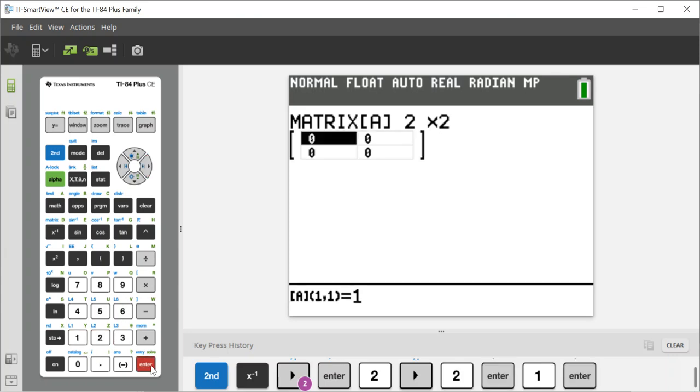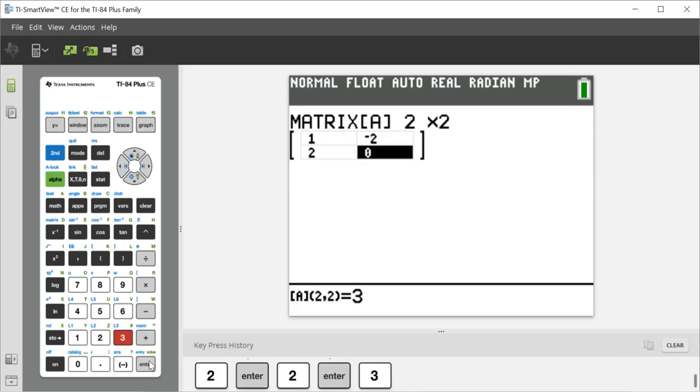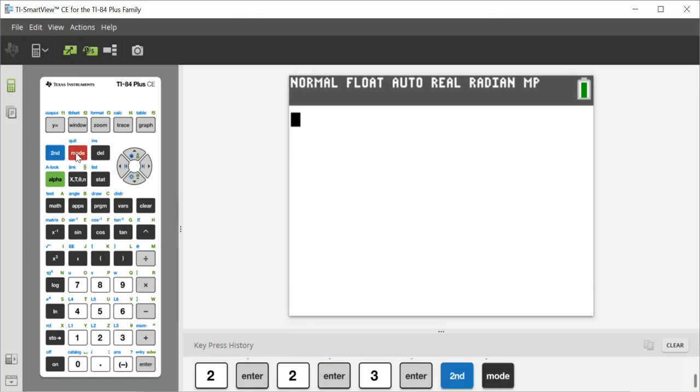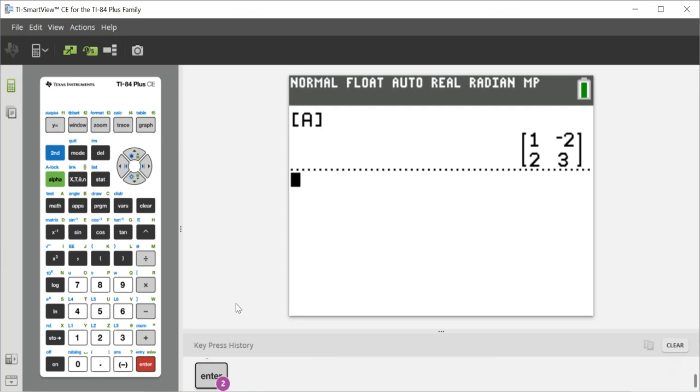And let me put 1 here. Let me just put a random number here, 2, and then 3 here. And when you go back to the main screen from this, you may go back to matrix, and when you go to name and press enter, then this is the matrix that I made. And from here I may find the determinant of this matrix by doing